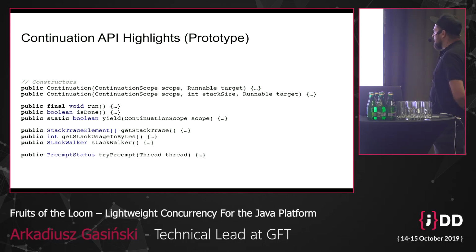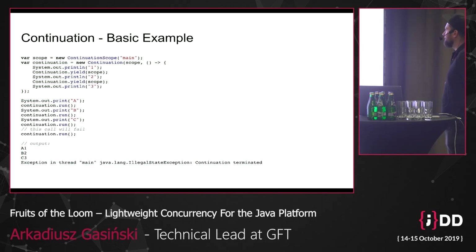And there are some methods like run that actually starts the execution, and isDone that basically says whether our computation is finished or not. And by finished, I mean that it went from the beginning to the end, and that it's not suspended. Like when the computation is paused, isDone will actually return false. So this is a basic example. I don't think I'll be covering that in much detail, as I want to do the demo really.